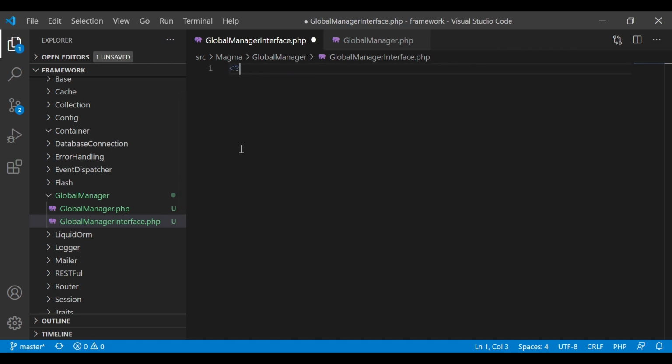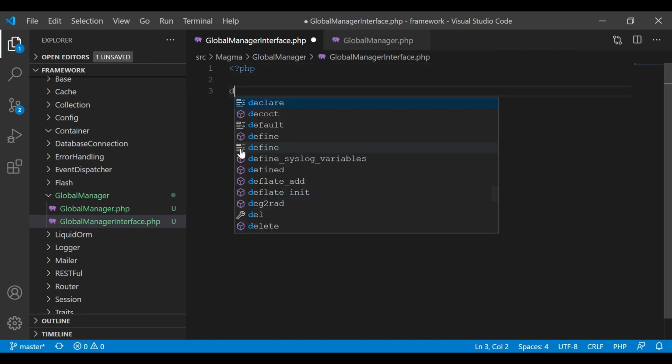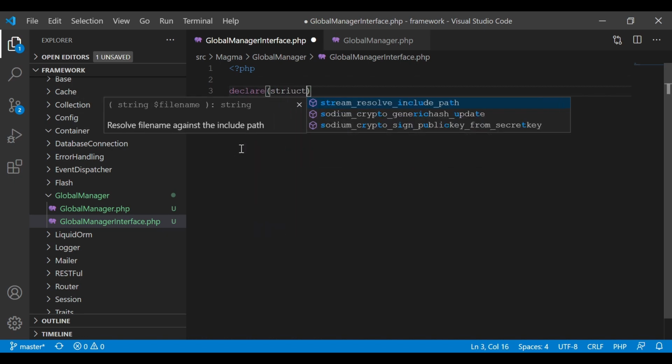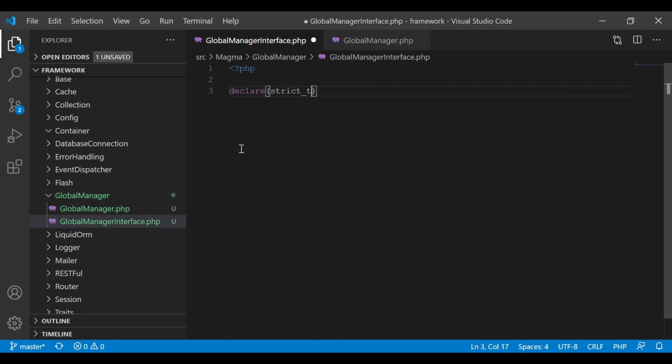process by now. The PHP declare strict types. And if you've been following the series, you would notice that this is exactly how we go about implementing all of our classes. We start off with the declare strict types at the very top, then the namespace, then interface or class depending on what we're actually implementing. So we're going to say equal true, namespace, it's going to be Magma, and we're now within that global manager